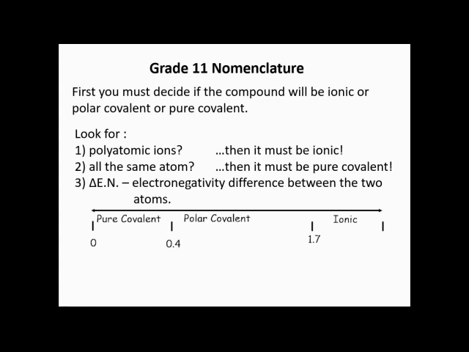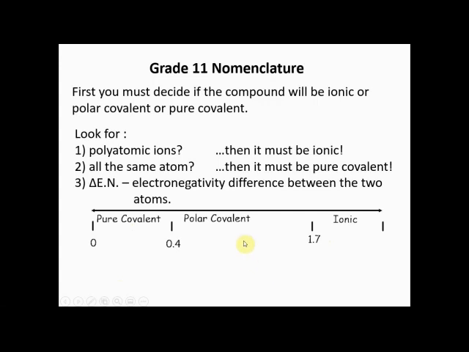Depending on where they fall in this spectrum dictates where they're going to be in terms of pure covalent, polar covalent, or ionic. If it's between 0 and 0.4, then you've got a situation where you've got a pure covalent compound. If it's a really small difference, then you may as well say it's pure covalent. If that electronegativity difference is between 0.4 and 1.7, lying on that scale, then you're going to find you have